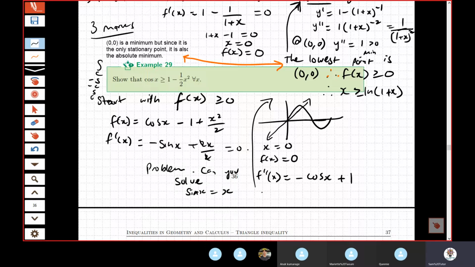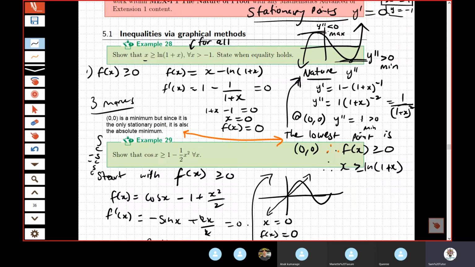Then at this stage, we go at 0, 0. Sub in 0 into x. What does y double dash equal to? So what does f double dash x equal to if I'm using f double dash? F double dash is negative cos 0, minus 1 plus 1. It's a point of inflection. Annoying people. All right, so